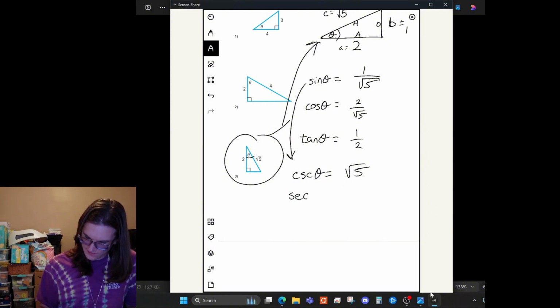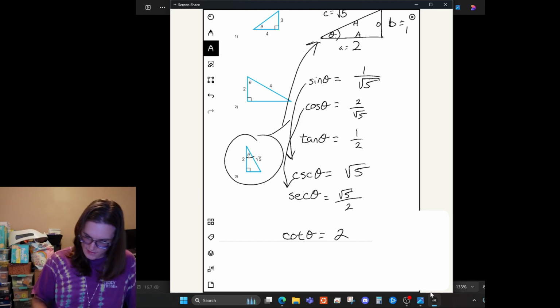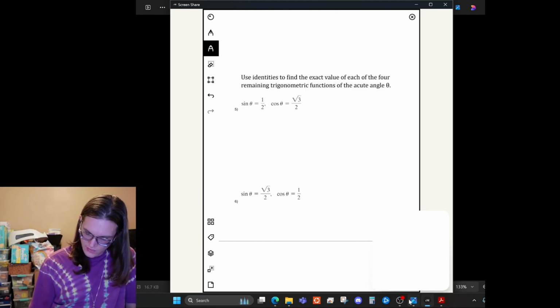Secant is this flipped upside down. And then cotangent, tangent flipped upside down, too. Easy. Alright, so we're going to use identities to find the exact value of each of the 4 remaining trig